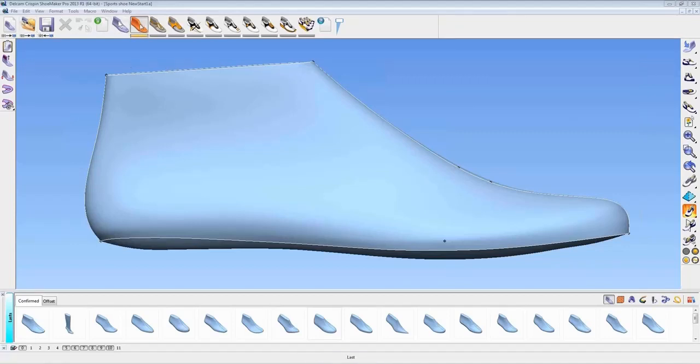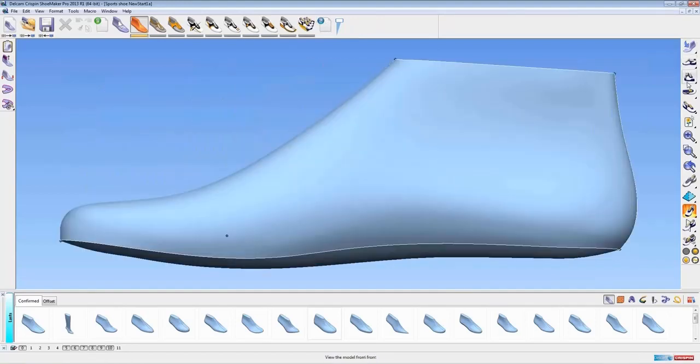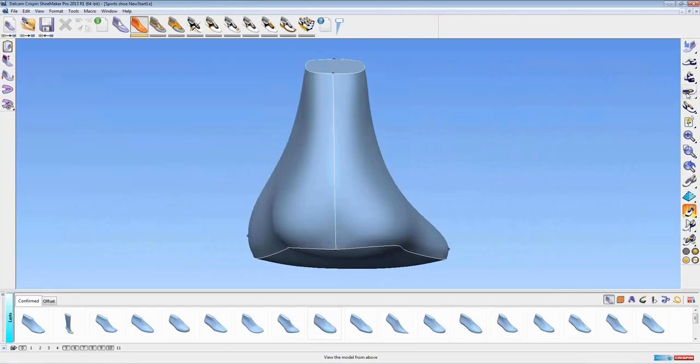Across the top of the screen we have our creation entities. I start on the left-hand side where I've got lasts. We then work our way through style lines, shoe pieces, etc., all the way to the end where we have laces, soles, and manufacturing and export. Down the right-hand side I have some standard views that I can use to look at the design and the